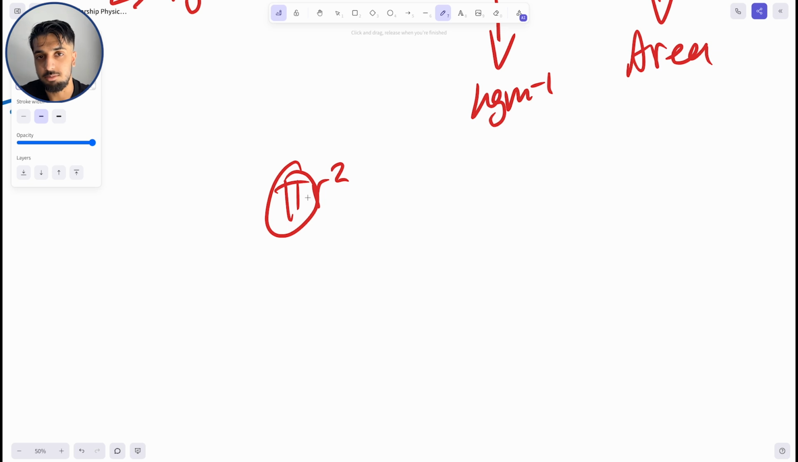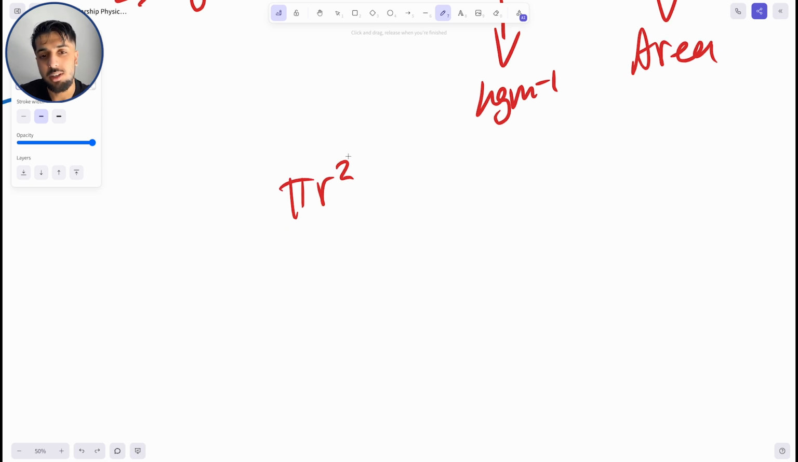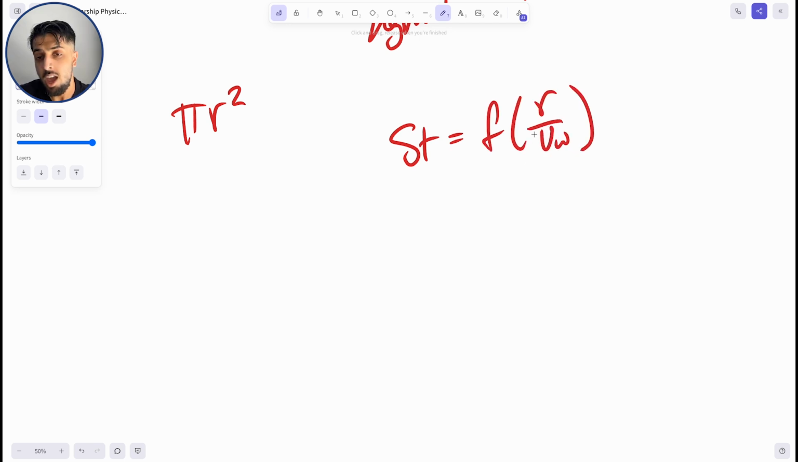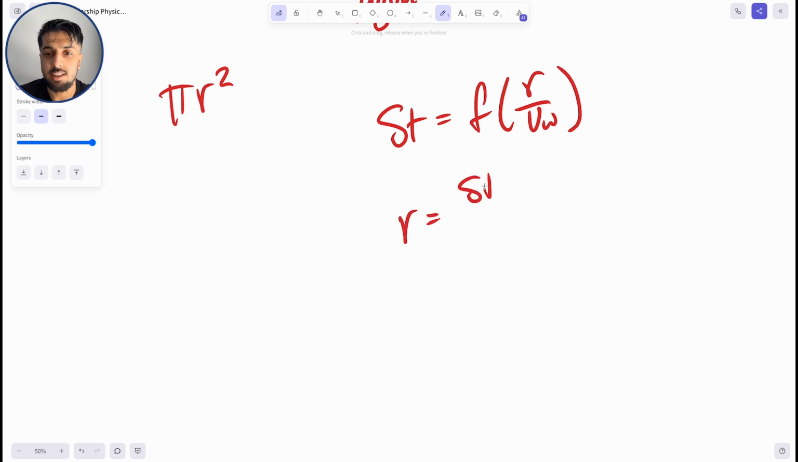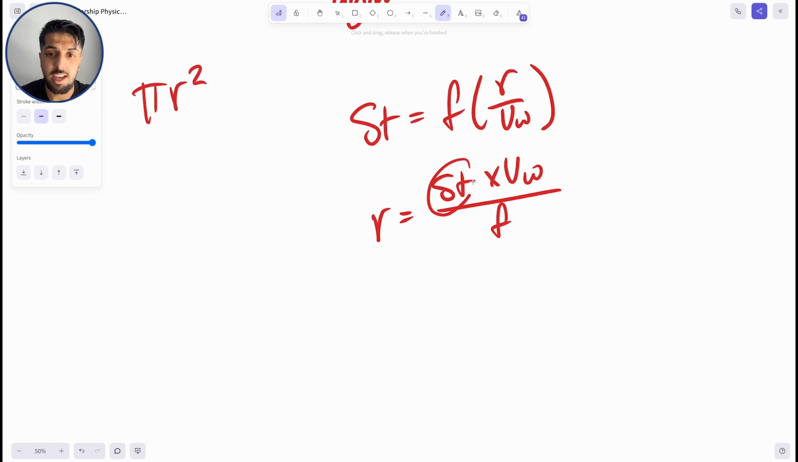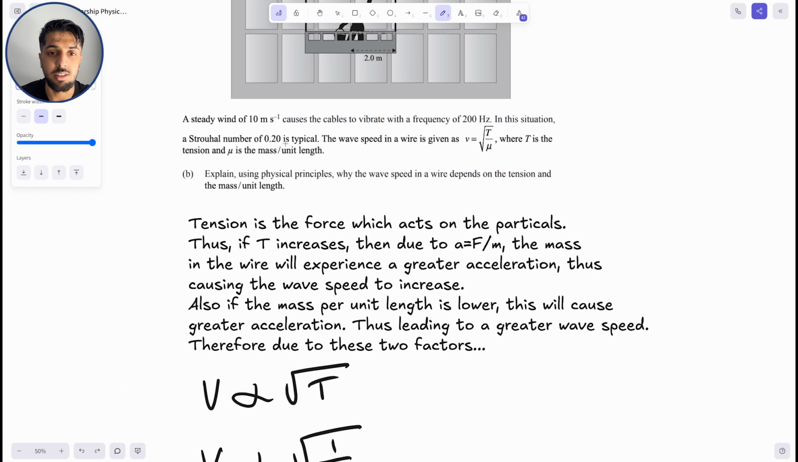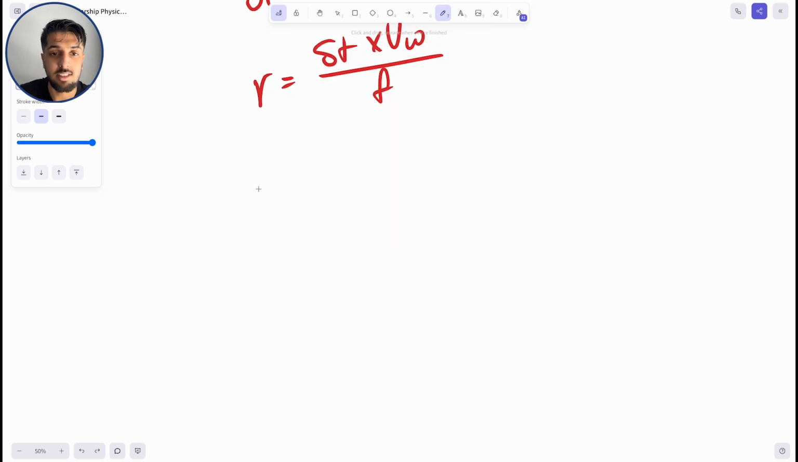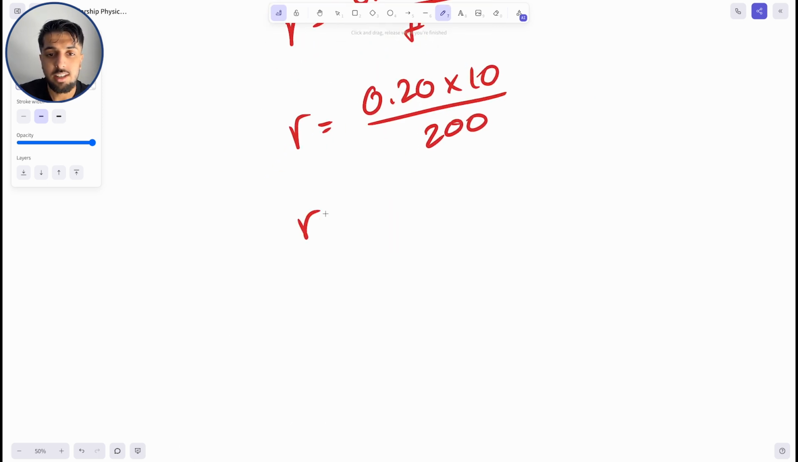Obviously, pi is pi, so we don't need to find that value, but we need to find the radius. We know that St is equal to f r all over Vw, and therefore we can rearrange for r, and we get r is equal to St times Vw all over the frequency. We know that St is 0.2 as it's given up here. We know the frequency is 200 Hz, and we know that Vw is the wind speed, and this is given as 10. Therefore, plugging in these numbers, we get a radius of